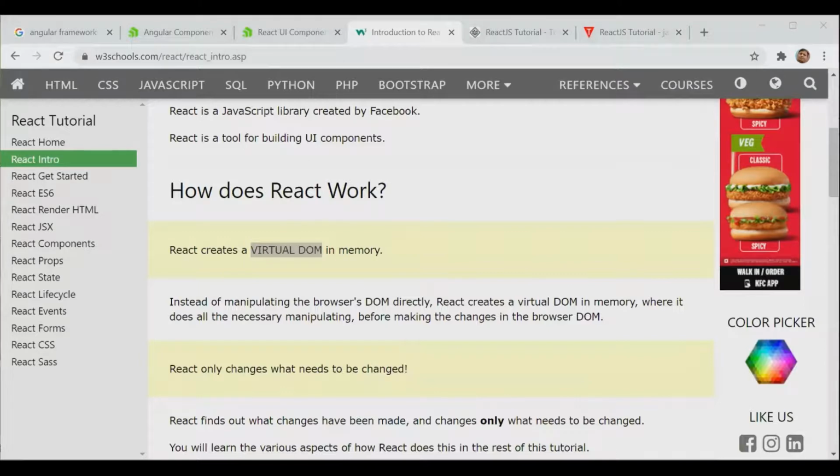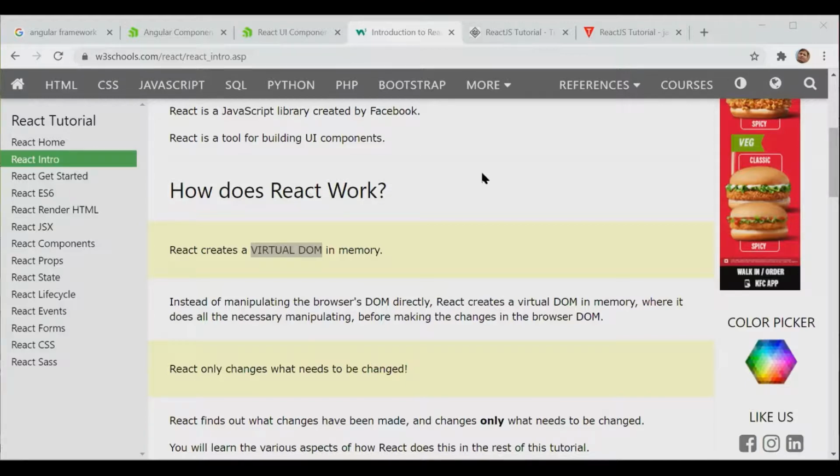Virtual DOM is not the actual DOM. It's somewhere in memory. Its DOM is there, and when any changes take place in the DOM, React updates that DOM separately and then updates the entire DOM.